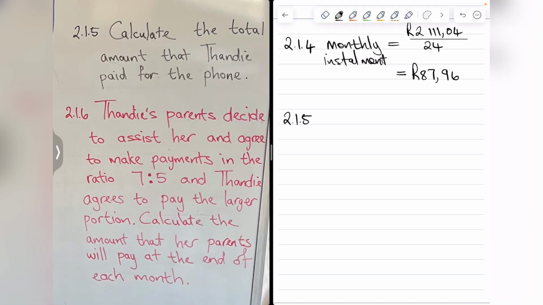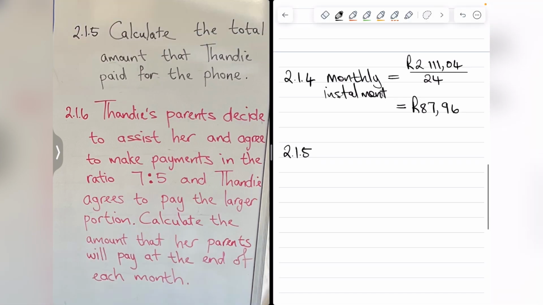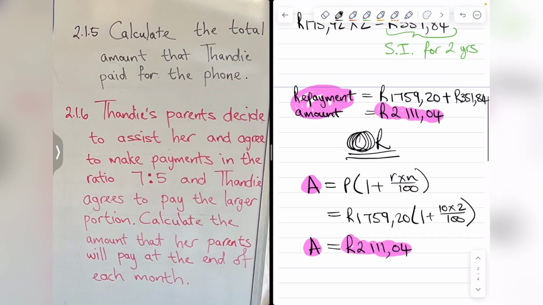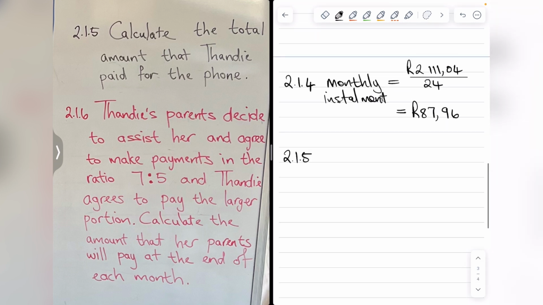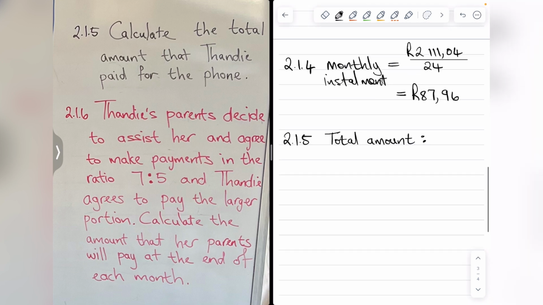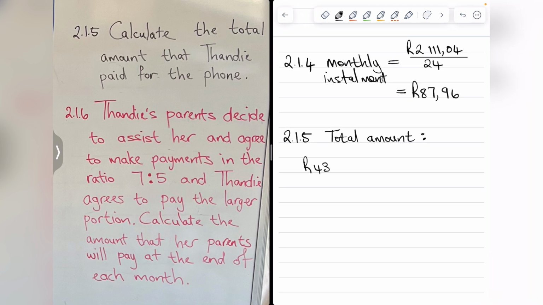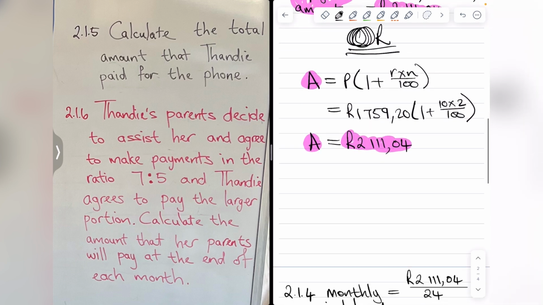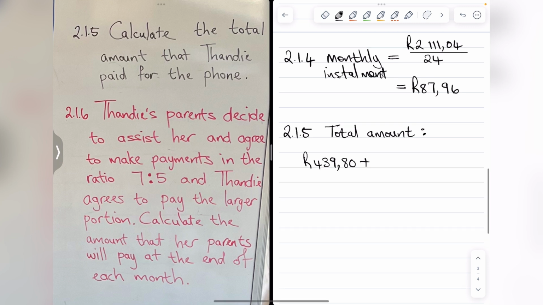2.1.5, calculate the total amount that Thandi paid for the phone. So the total amount, of course, would be the repayment amount on the loan plus your deposit. So the total amount that you had to repay was the deposit, which was 439.80 cents. So that's my deposit that I paid already, plus the loan, the total repayment amount, which was this guy over here. So that's 2,111 Rand and 4 cents, and that will give me